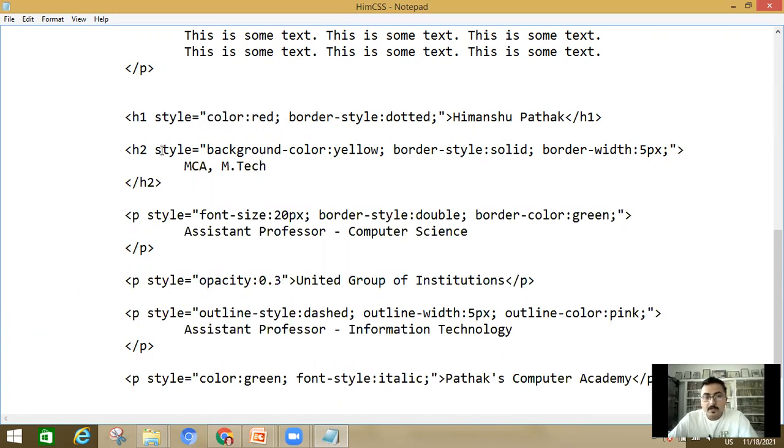For H2, Himanshu Pathak, coloring will be done in red and the border style will be dotted. And what will be the color of the border? The color of the text. Why? Because it will take the default color of the text, and the color of the text is red. Clear?